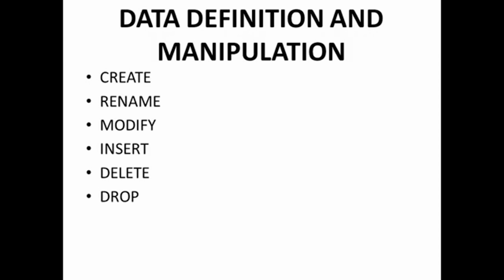So, what is it basically? Data definition and data manipulation, what we are going to look at is how we can create tables in the database, and how we can rename those tables. By the way, a table is a collection of data stored in rows and columns. So we are going to create columns,